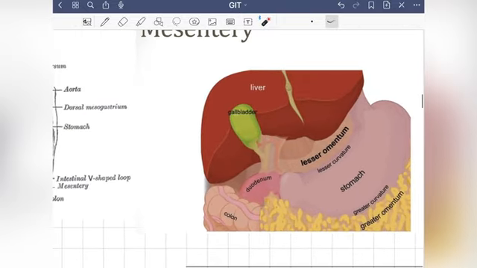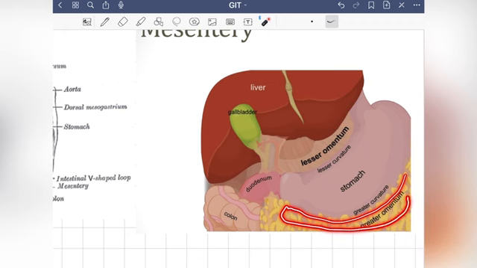The mesentery around the duodenum is the mesoduodenum, and around the colon is the mesocolon. Hopefully you all get to go into the anatomy lab and open up the abdomen. When you do, you will see that there is a sheet of connective tissue and fatty tissue hanging off the